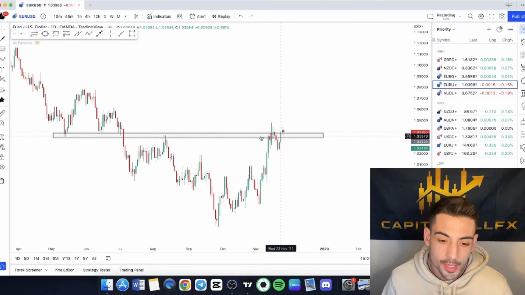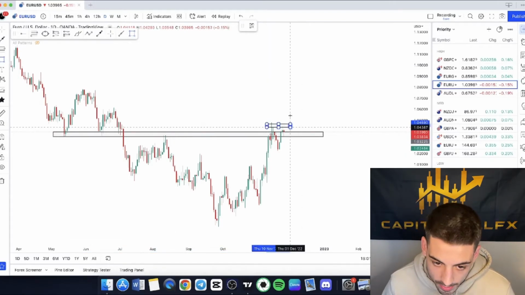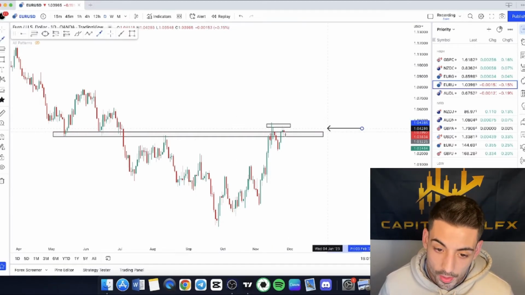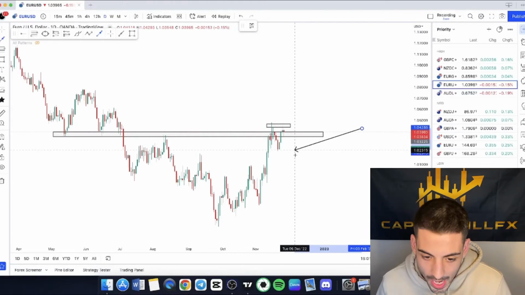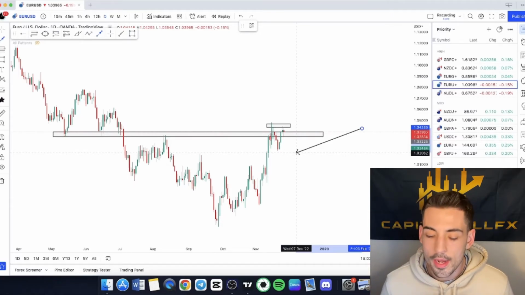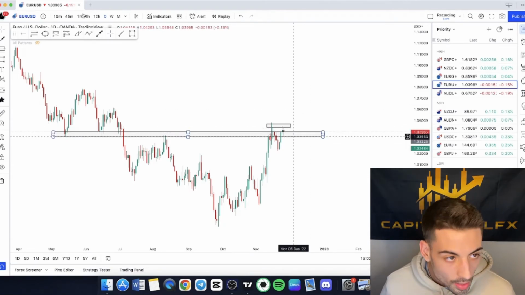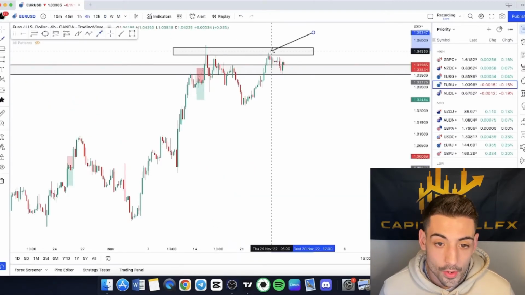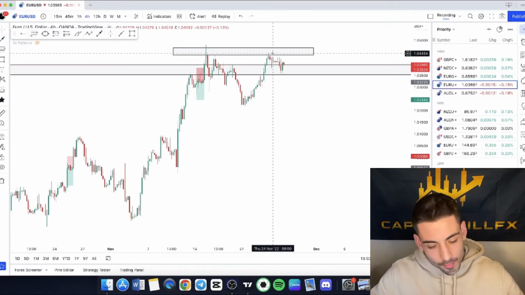So we have a lot going on here, because not only are we testing this support level, but we could be potentially testing this minor resistance level. So considering there isn't a clear bias of what price could do, not only are we rejecting away from this support level to potentially head towards the upside, but we are testing this minor resistance level to potentially head towards the downside. So considering there's a lot going on on Euro USD and we don't have a clear bias of where price could potentially head, I'm just going to stay out of it, considering it could either go towards the upside because we have a break and retest of the support level, or it could go towards the downside because if we sneak down to this 4-hour time frame, we could see that we are beginning to bearishly reject away from these previous highs. So considering we do have biases from both ends, it's best to just stay out of those types of markets